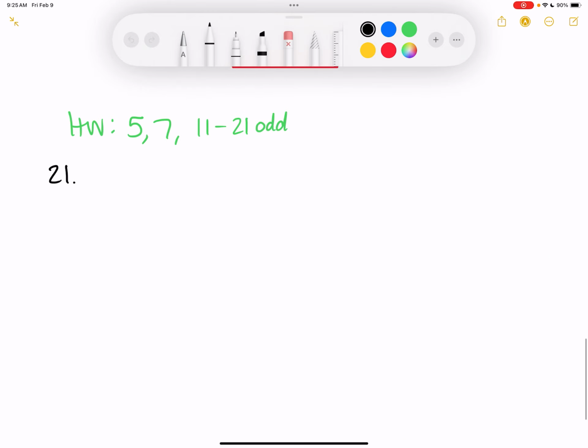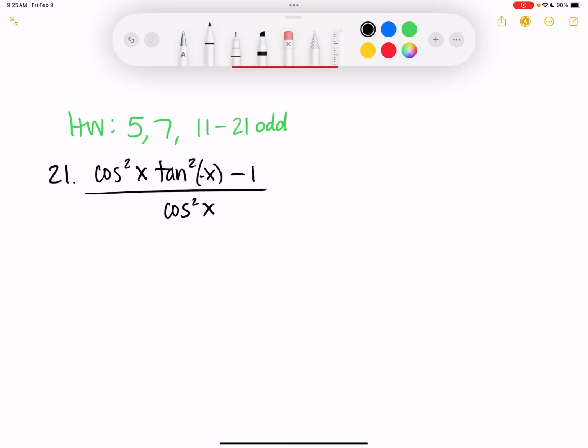All right, 21. So we had cosine squared of x, tangent squared of x, tangent squared of negative x, minus 1 over cosine squared of x. So the tangent squared of negative x, what does the tangent of negative x equal? Negative tangent